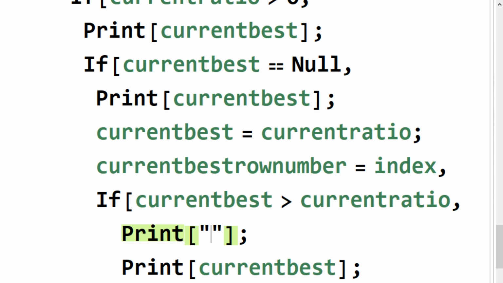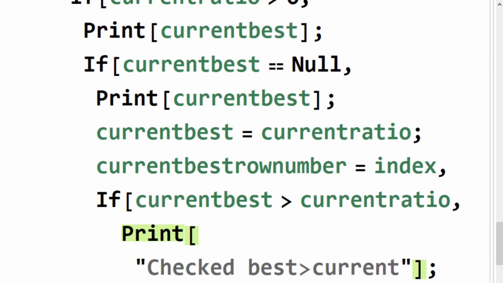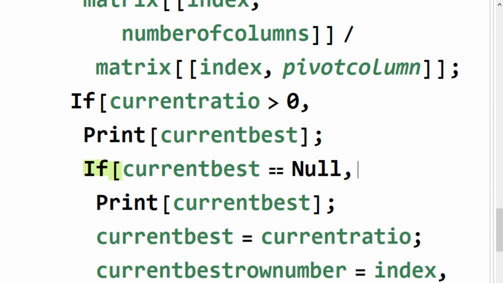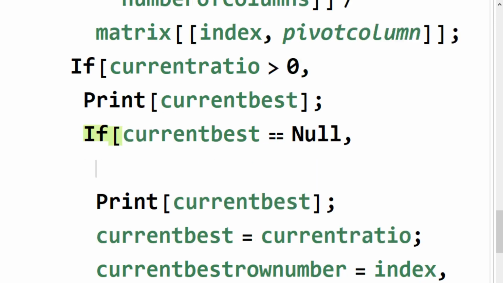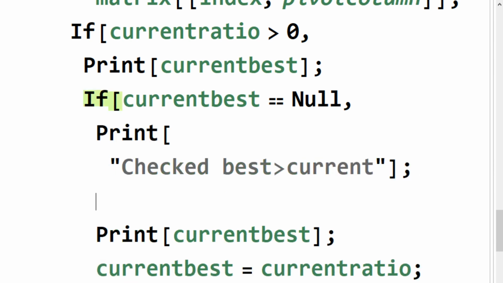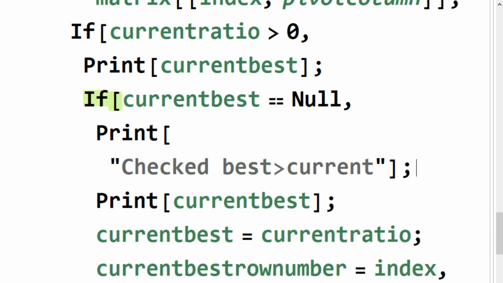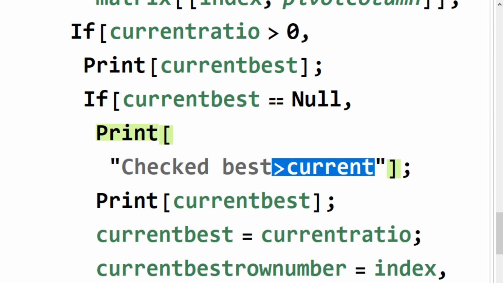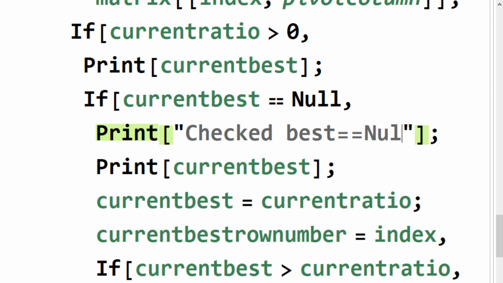That's going to print "check best greater than current." And I'm going to put a print line here, which is going to say print "checked best equals null." So now when I execute this code,